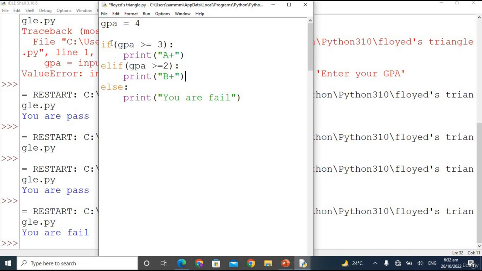Okay, now I'm going to show you how it actually works. It will first check this condition. If our GPA is greater than or equal to 3, then it will print this, right? If this condition is not true, then it will move to the else if part and check this condition. If this is satisfied, then it will print this. If it does not satisfy, it will simply move to the else part and print this, and after printing this, it will simply move out of this selection statement, and then it will print the rest of the code. For example, like print